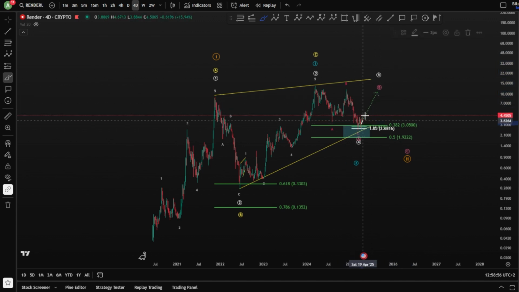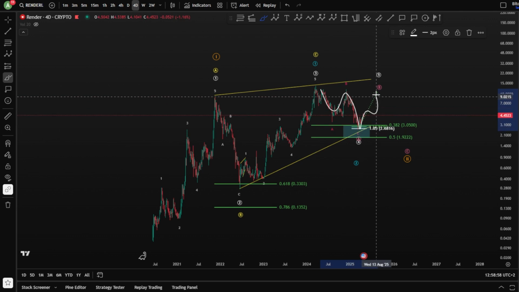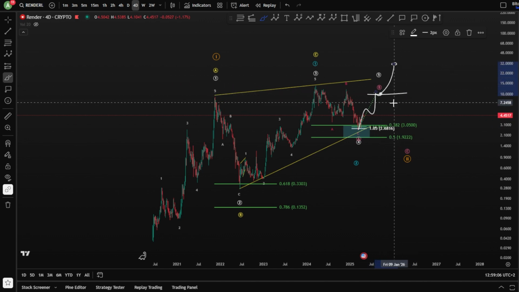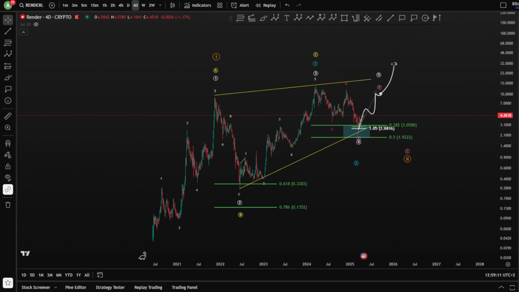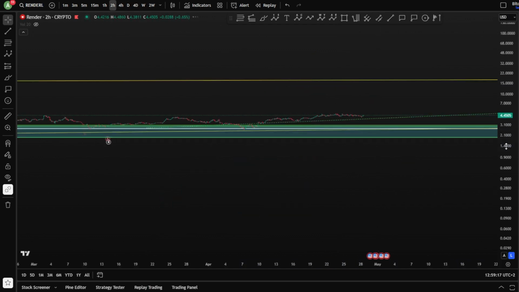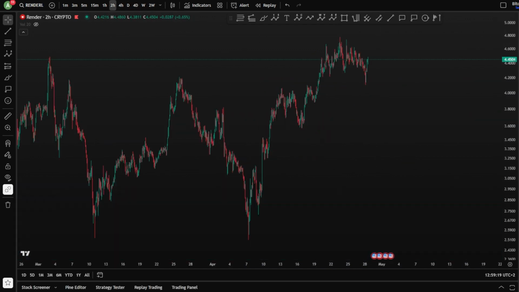Now, of course, this scenario, where you have 3 ways down and 3 ways up, is going to be retested once we finish this structure, potentially at the 1-to-1 fib level. If we see continuation toward the upside, therefore, definitely we have to call one of these bullish scenarios unfolding for higher prices. Now, if we dive a little bit deeper inside this area, we can see, of course, on the